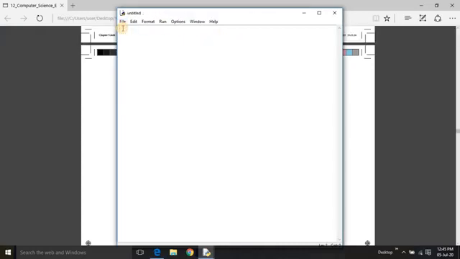Write a program that creates a list of numbers from 1 to 50 that are either divisible by 3 or divisible by 6. First we need to create a list with numbers 1 to 50, and we need to check whether the number is divisible by 3 or divisible by 6, and we need to create a list. Let us create an empty list, and then for i in range we'll take from 1 to 51, so that it takes from 1 to 50.